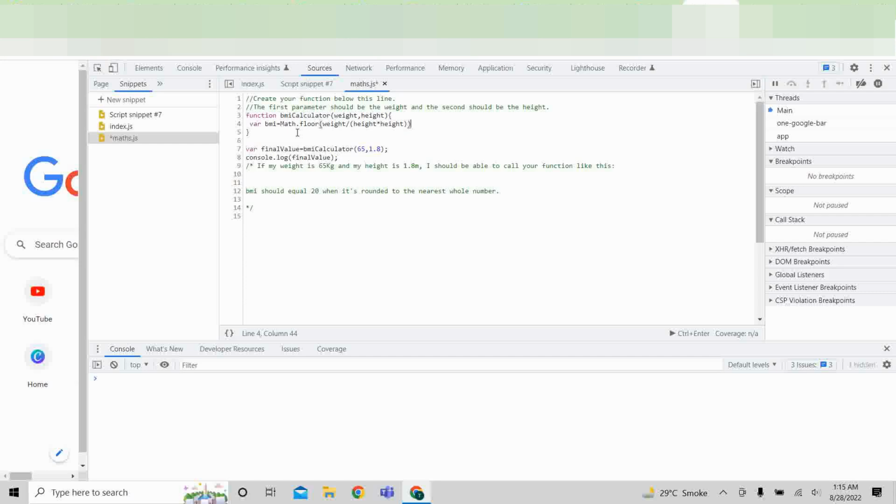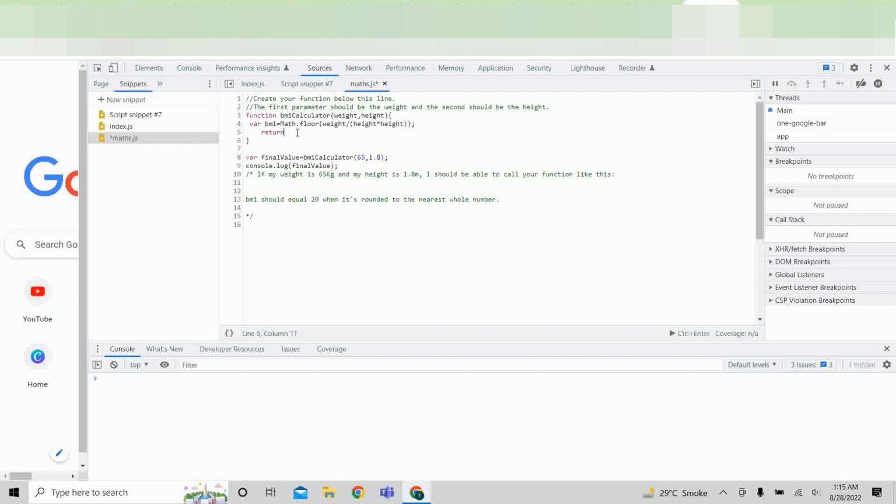And then it should be like this. Then we want the return value of BMI,